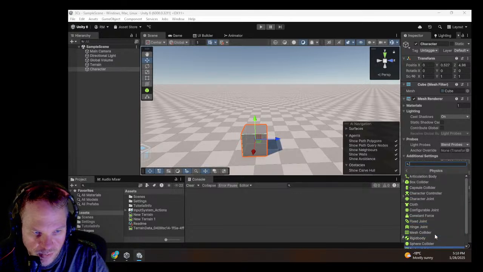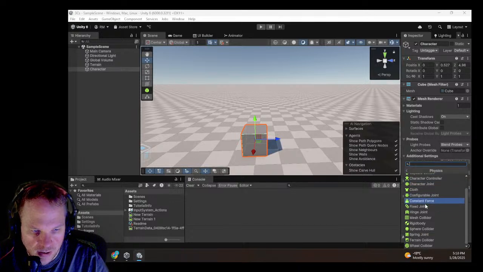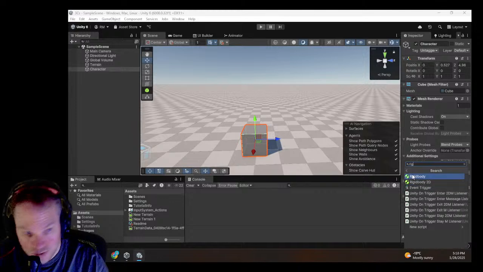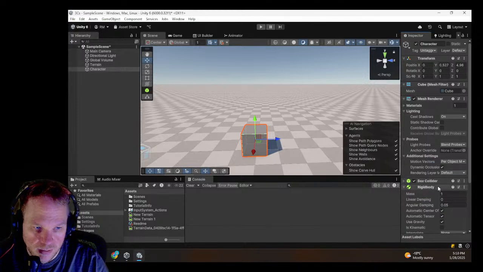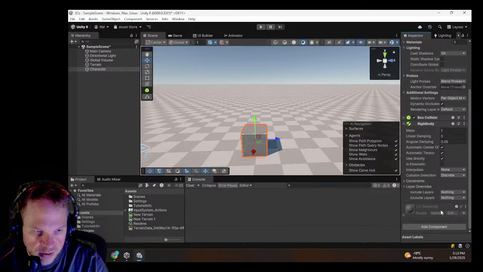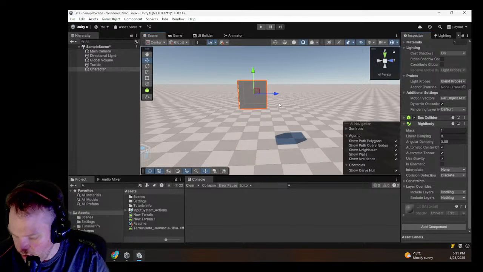The box collider will create a collider that can detect collisions and warnings when there are collisions. It's a rigid body. Rigid body is for 3D objects, and rigid body 2D is for 2D objects. And then you can test this by putting it up,